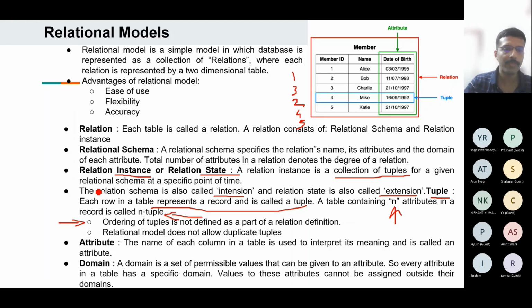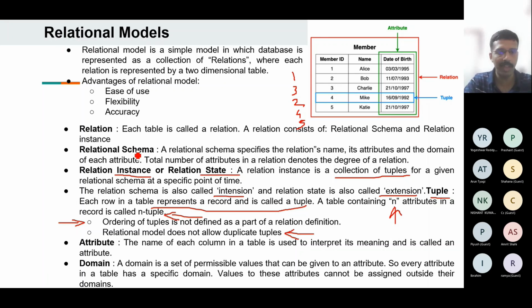And the relational model does not allow duplicate rows. This is one major fact. Suppose I have two rows with the same content; then I cannot call it relational data, because I cannot uniquely pinpoint the record I am talking about, say record number 10. Since it is not ordered, if record number 10 is repeated at record number 12, both can lead to discrepancy. So a relational model does not allow duplicate rows in a relation.